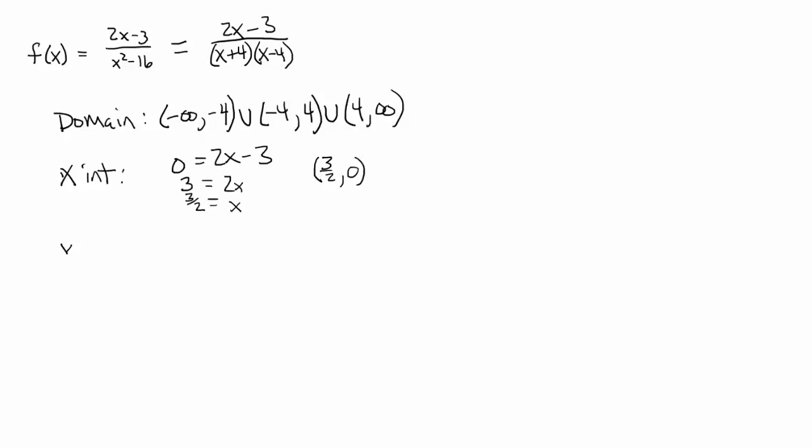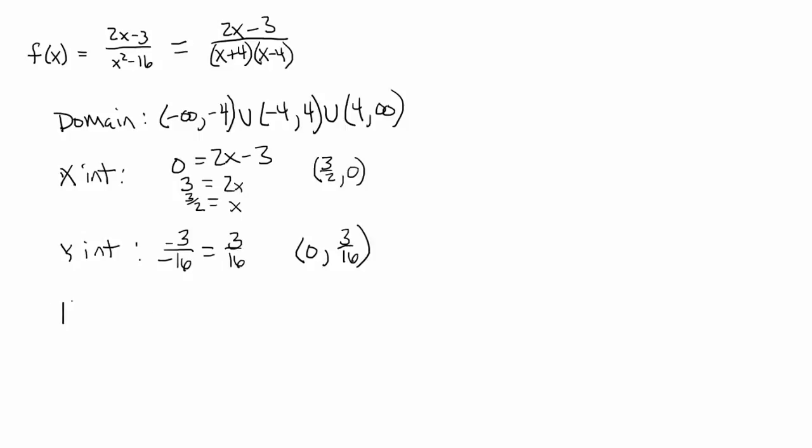And our y-intercept is going to be where x is equal to 0. If we plug 0 in for both x's, we end up with negative 3 over negative 16, which is equal to 3/16. So we have a y-intercept of (0, 3/16). And now